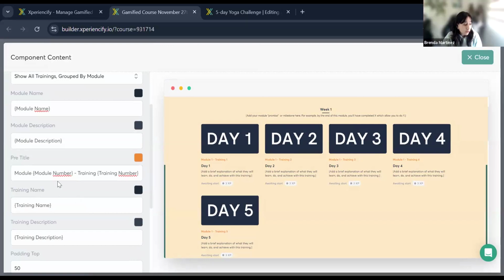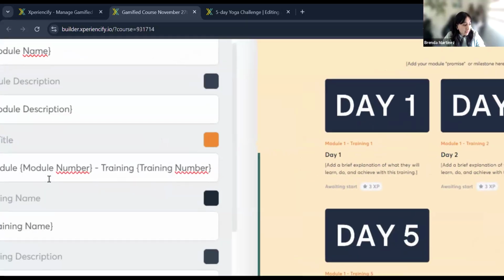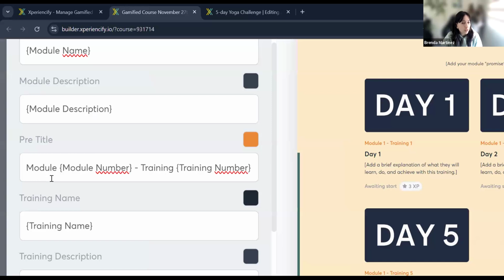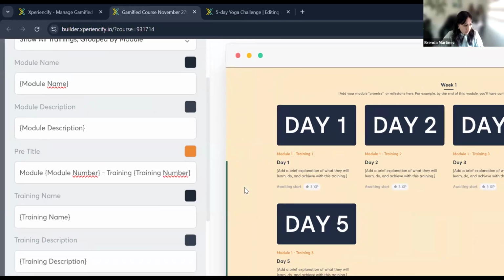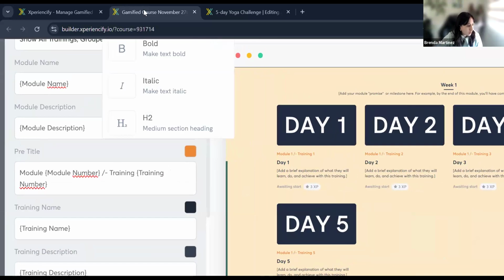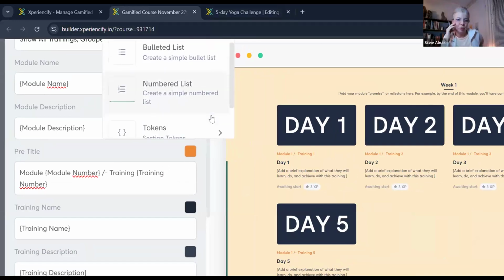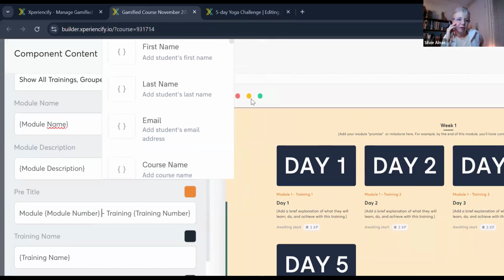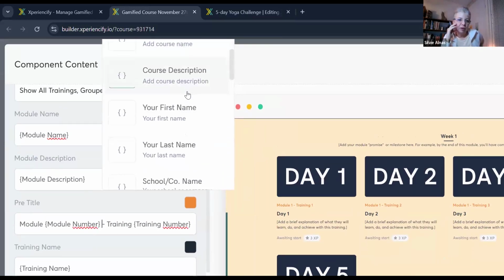Honestly, I don't have a good answer for you, but if we are seeing this, maybe this is just specific to the pre-title. Yeah, it looks like it. So some tokens are specific to some places, right? It sounds like it. Okay, thank you. Let's see if I can make it show in the list here. There it's visible. At least I saw it there, but I didn't see it anywhere else.